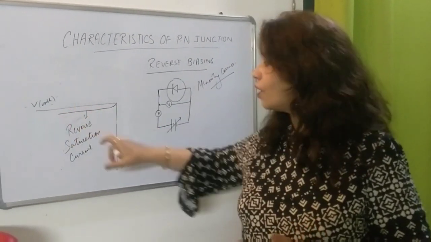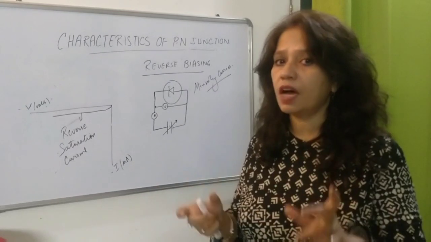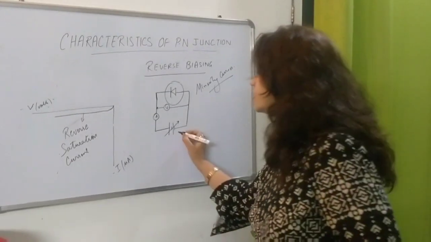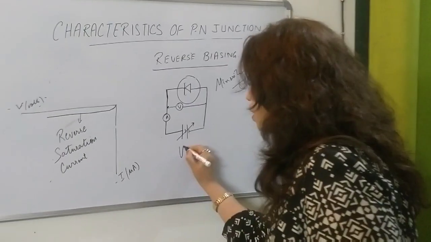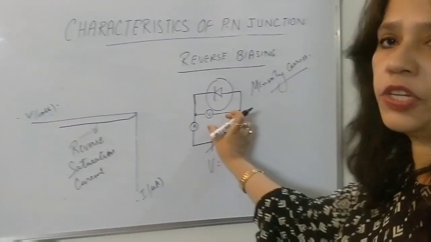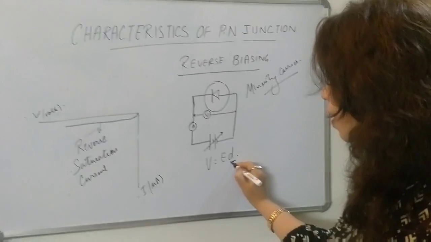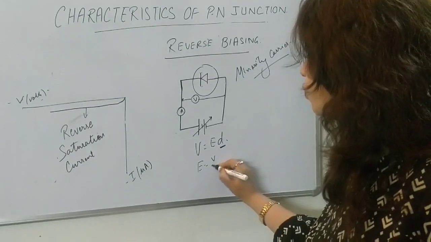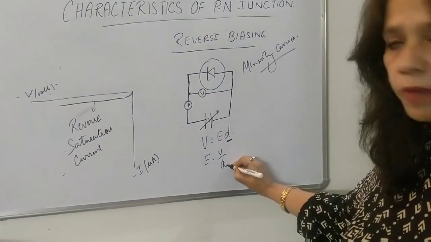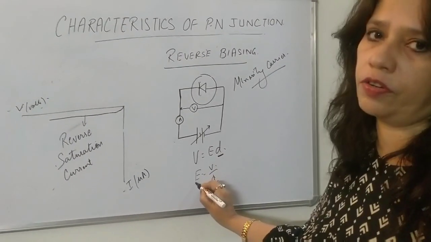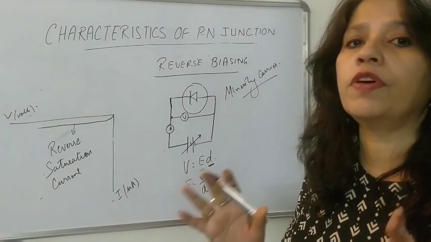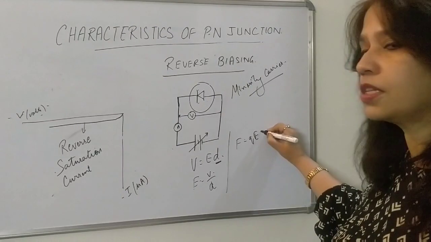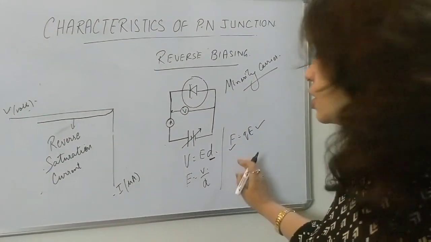It will not increase. Now, after increasing more, a stage comes when the potential difference here is very, very high. And we know that there is a depletion layer also there, and it has the width of d. This is constant. So now E is equal to V upon d. If d is constant over here, more the potential difference, more the electric field. So now the electric field has become very, very strong. And we also know that F equals qE. If E is high, there will be a force.